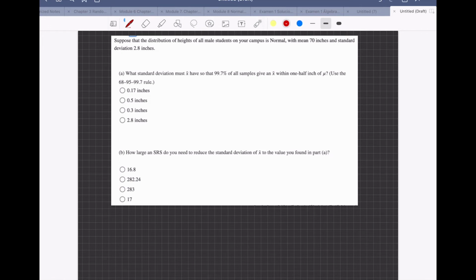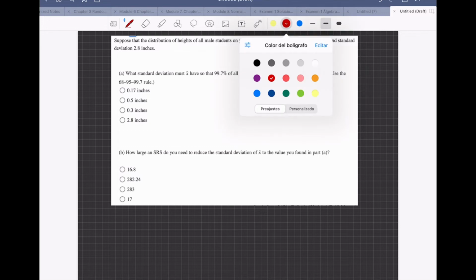Now with the same problem, with the same data, with the same information, suppose that the distribution of heights of all my students on your campus is normal, with mean 70 inches and standard deviation 2.8 inches. So we're working with the same problem essentially, but we will have more questions. What standard deviation must X bar have so that 99.7% of all samples give an X bar within 1/2 inch of mu? All right, and it says use the rule